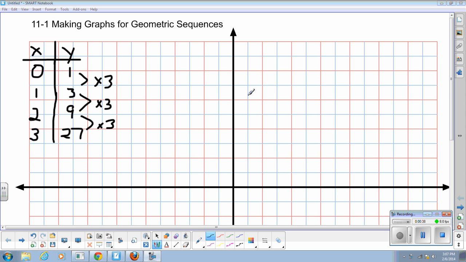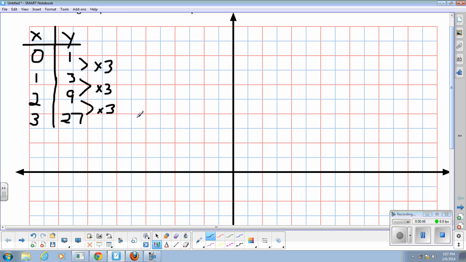So when you make your graph, you will need graph paper. You'll need to make an XY axis for each t-table, like I have an XY axis here. The next step is to start plotting my points. The first point I always want to plot is the zero term, 0, 1. That's the first point here. So I'm going to put that there, and I want to get a nice circle. So I want to have a dot here, and then I need another dot at 1, 3,